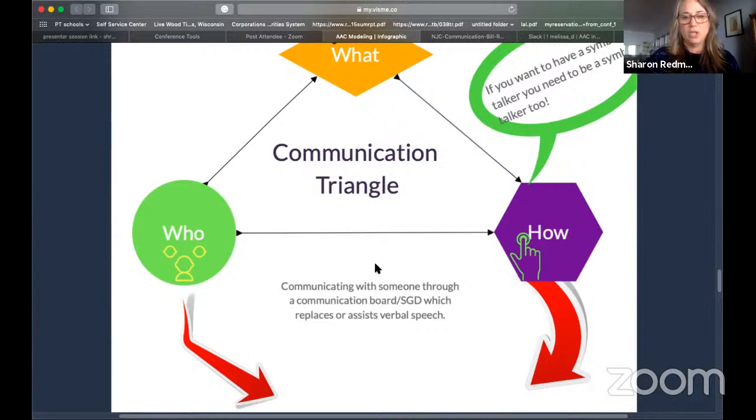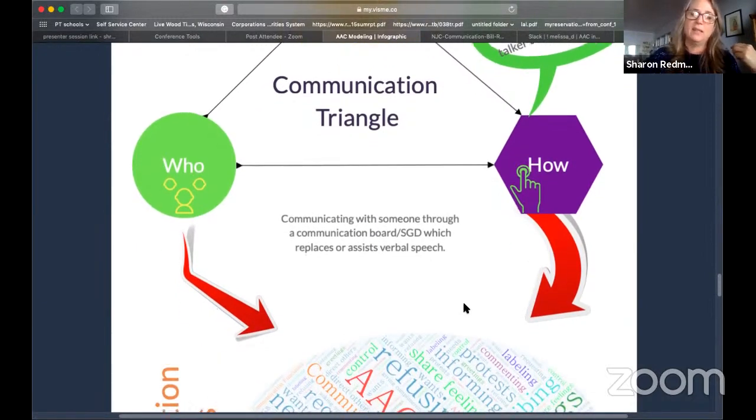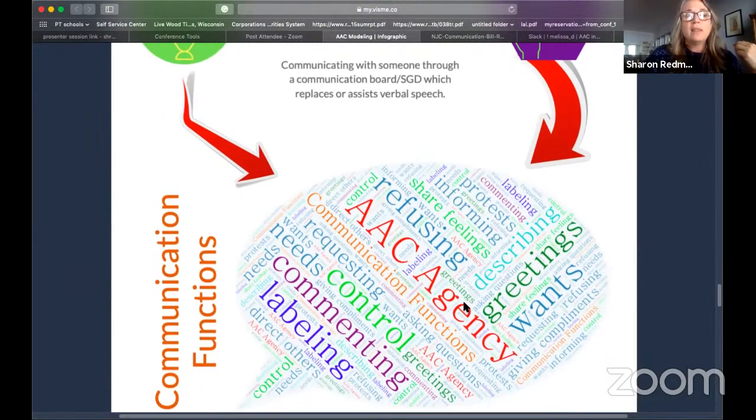So this communication triangle. And for some reason, sorry about that, but my how link is broken. I'll make sure that gets fixed. And remember that the how